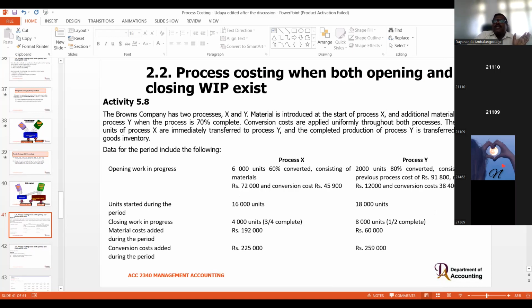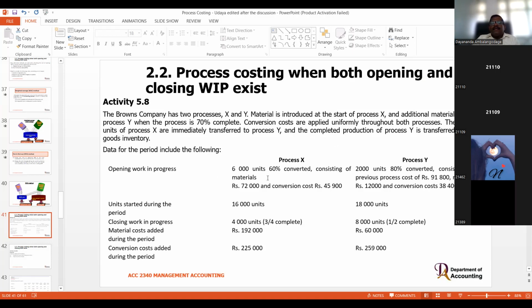Conversion costs are applied uniformly throughout the process. If 10% complete, 10% of the conversion cost is incurred. If 20% complete, 20% of the conversion cost is incurred. The completed units of process X are immediately transferred to process Y, and the completed production of process Y is transferred to finished goods inventory. Opening WIP 6,000, 60% converted,